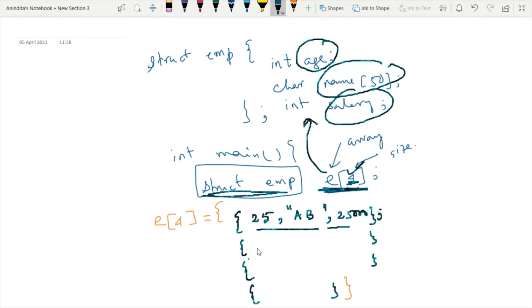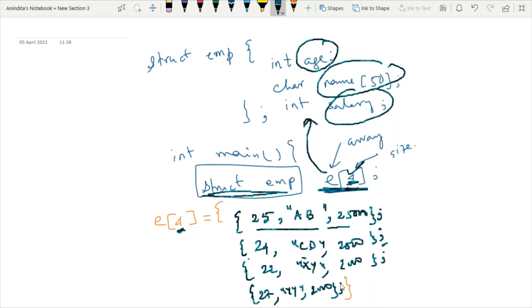Afterwards, I will take the details of the next employee, and then similarly details of the third employee. Each time, whenever I am taking entry of a specific employee, each and every entry ends with a semicolon. And then since the size is 4, I will take the entry for the fourth employee too.